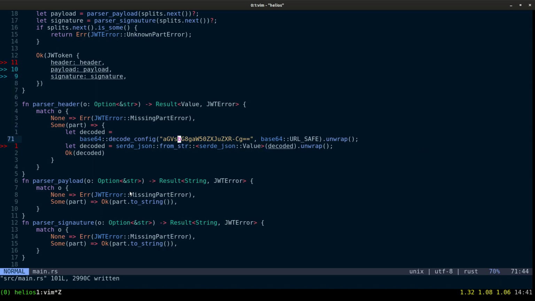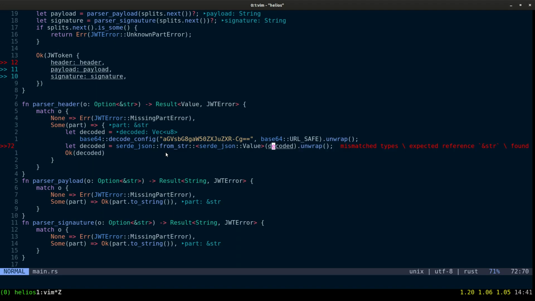All right. What is decoded? And here, decoded is, as you see, an owned vec of U8, so we'll have to pass and decoded, and instead of making it serde JSON, we will say,